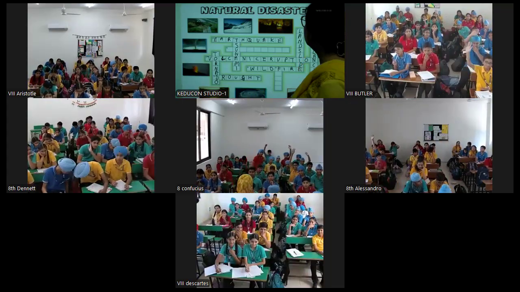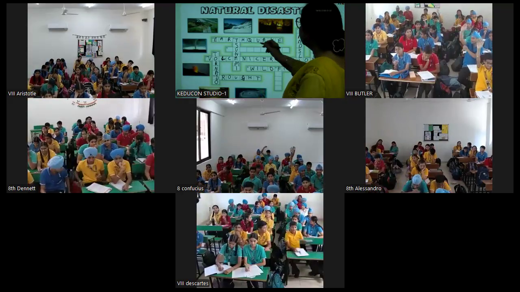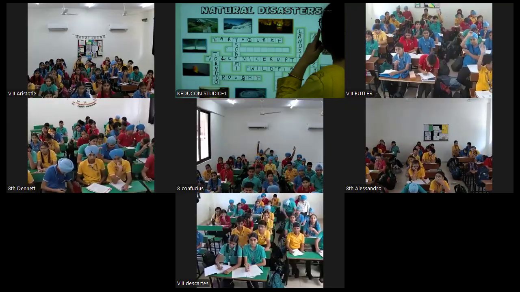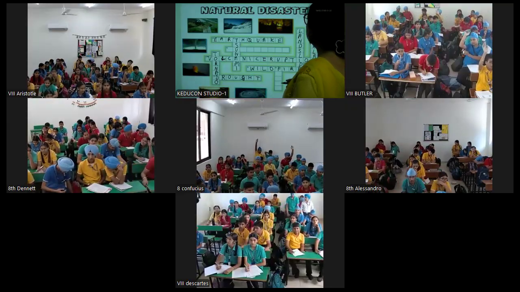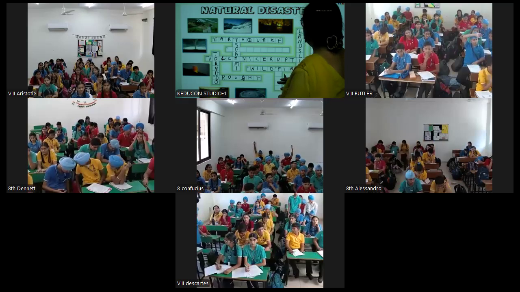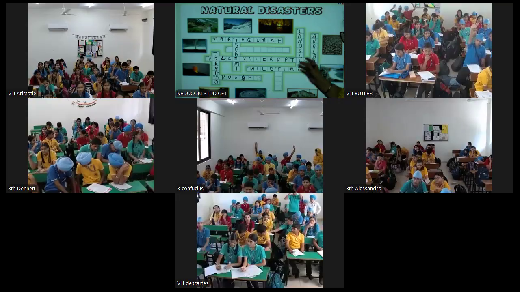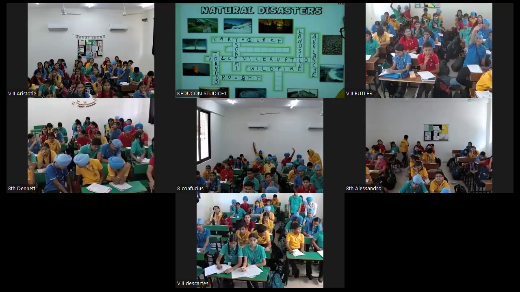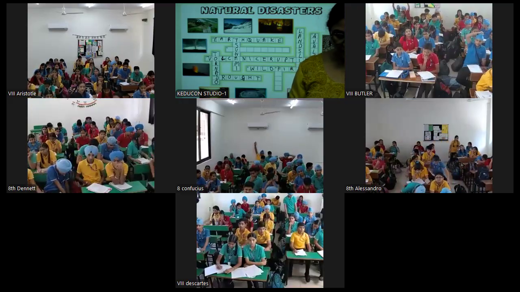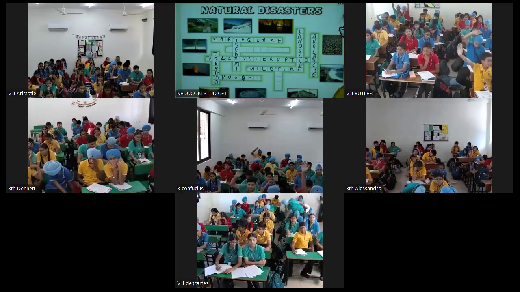Six. Where is the sixth one? I can't see. Okay. The sixth one, I didn't look at. Next. A large amount of water covering an area of land that is usually dry. So it is